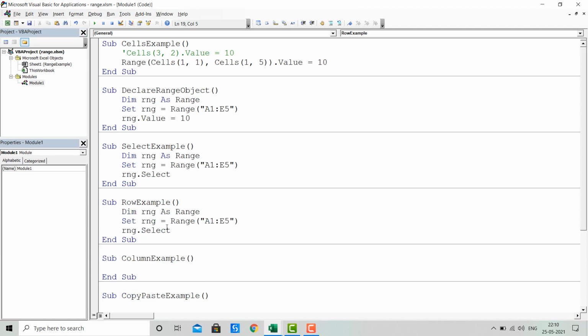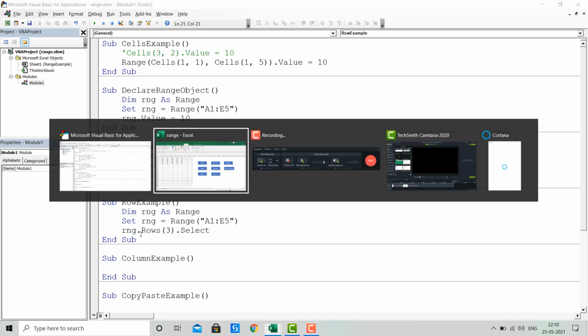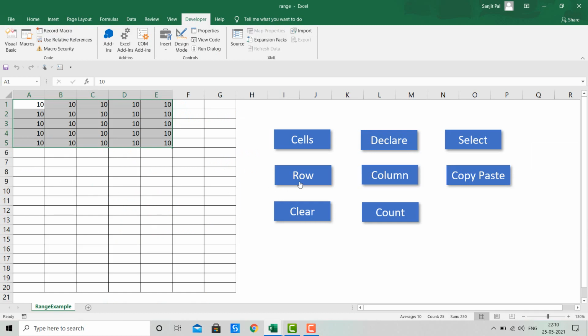Let's paste it, and instead of using select we'll use the dot rows property, and inside this I'll pass the row index at which we want to work, and we'll select this row. Now let's move to the Excel and run the macro. Here, as I click on row, you will see row 3 is selected. So you can see, as I have clicked on the row macro, row 3 is selected.